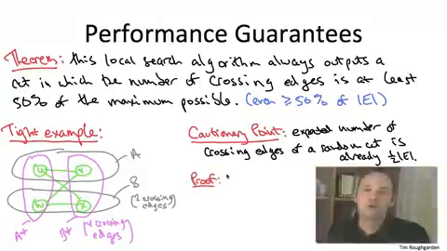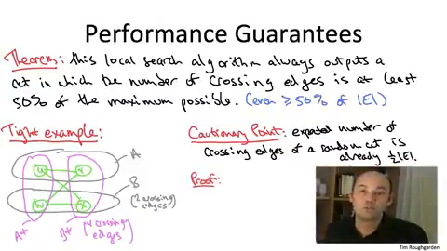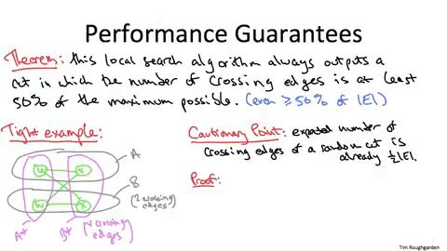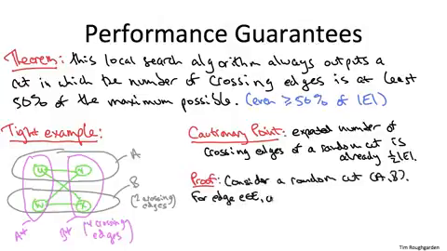Some of you may remember from part 1, I introduced a decomposition principle for analyzing the expected value of complicated random variables. You have a complicated random variable that you care about. What do you do? You express it as the sum of indicator random variables that only take on the values 0 and 1. Then you apply linearity of expectation that reduces computing the complicated expectation to a sum of simple expectations. So it turns out that decomposition principle works beautifully to prove this fact. The complicated random variable that we care about is the number of edges that cross a random cut. The constituents that are indicator 0, 1 random variables are just whether or not a given edge crosses a random